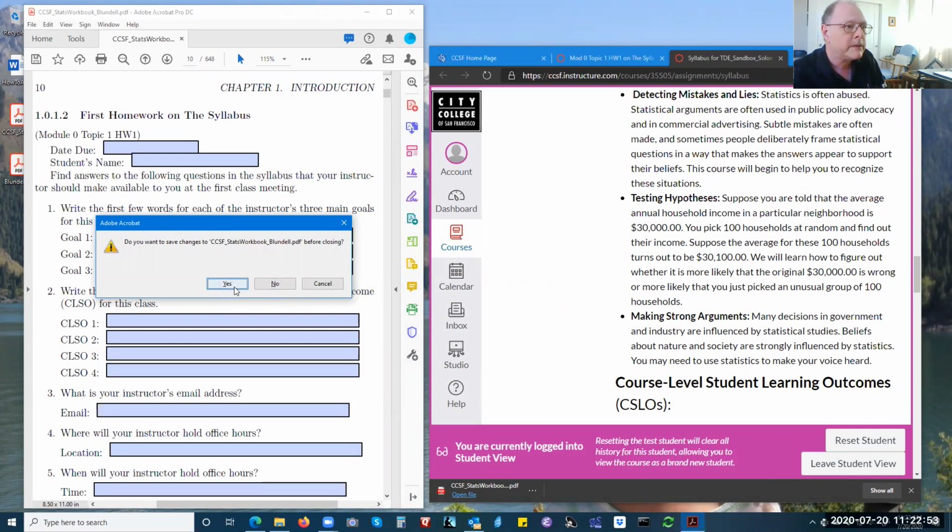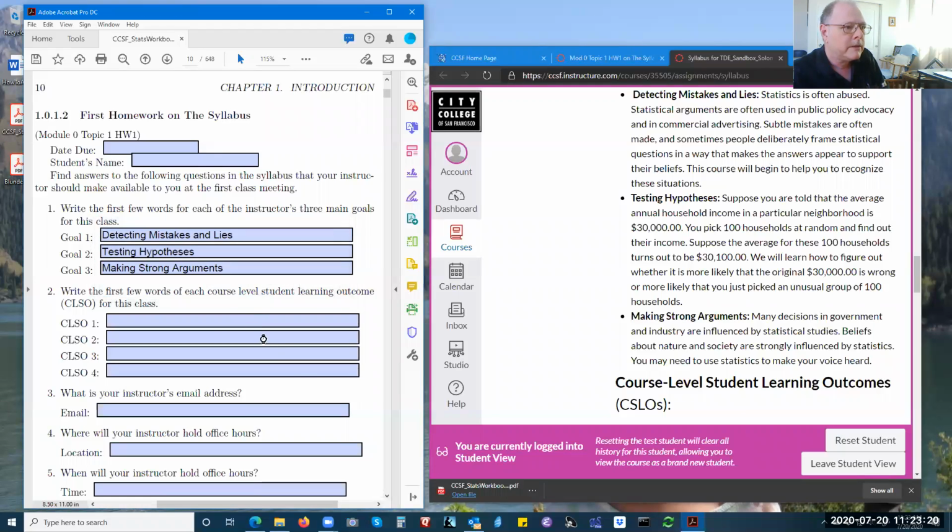Ask me if I want to save the changes before closing. And yes, I do, because you want to build up. You're filling in the big copy of the workbook. You want to fill in the answers as you go, so then you can come back to study. And so I'm going to click yes, and we'll